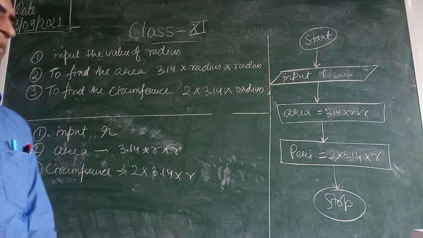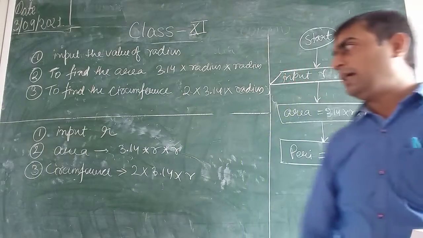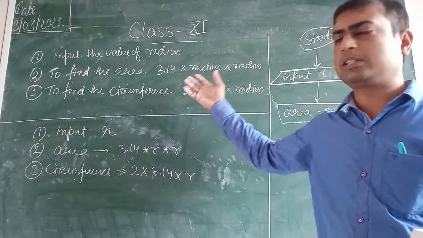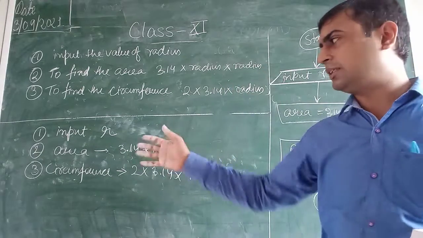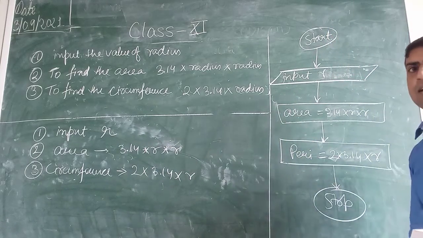You can understand this well. Again the same process, you have taken radius and you have calculated the value. This is algorithm in simple English. This is somewhat like code, this is pseudocode. This is the flow chart that we have drawn.